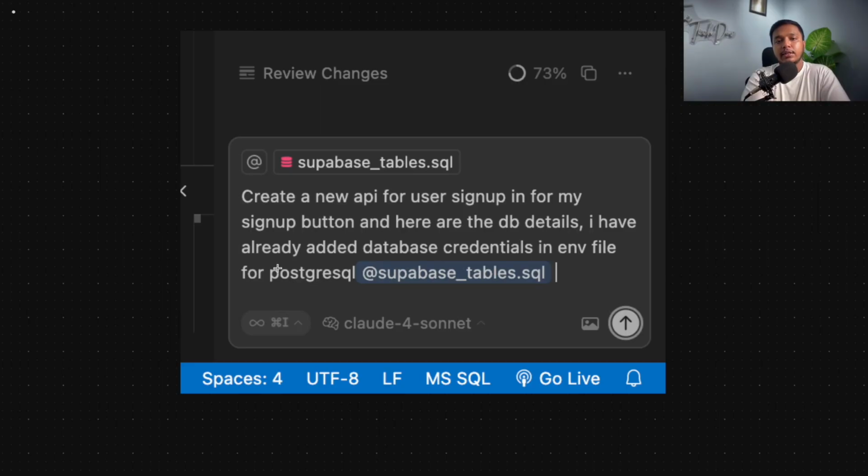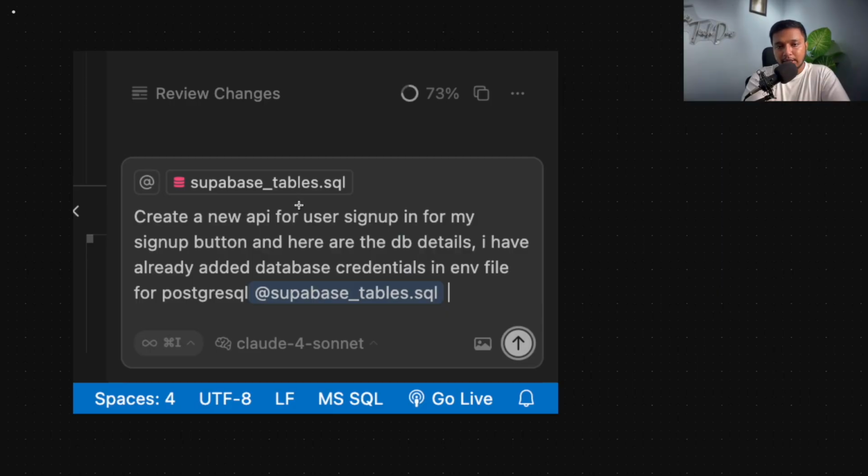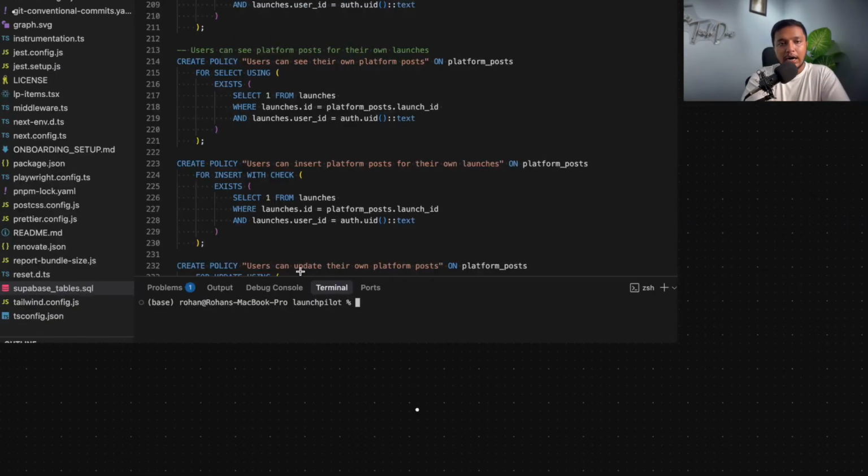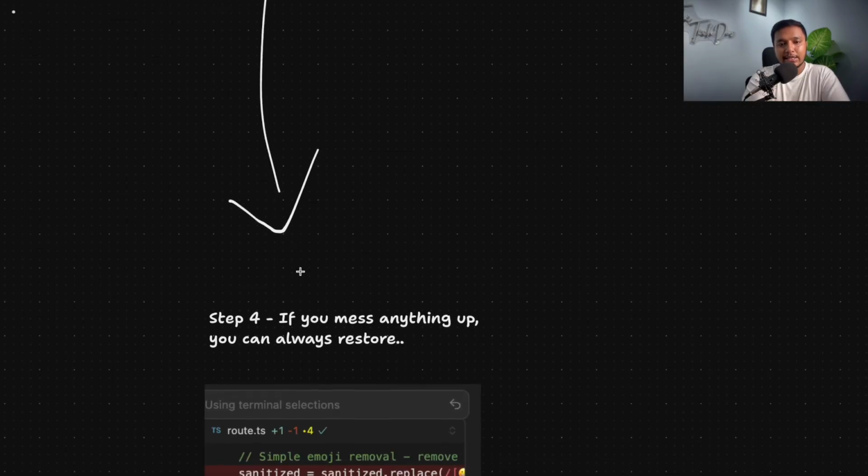See, sometimes we think that we do not need to add this, but this is the area where the LLM misses context. So I have been using this for a while, and this is what I feel like. So this is your step number 3 that you need to work on. After that, let's see what our next step is.